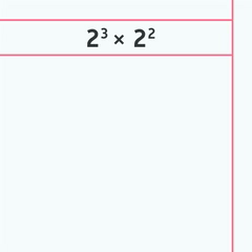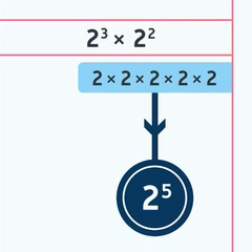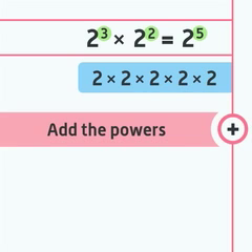Let's think about 2 to the power of 3 multiplied by 2 to the power of 2. We can write this out as the 2 to the power of 3 part, which is 2 times 2 times 2, times by the 2 to the power of 2 part, which is 2 times 2. But 2 times 2 times 2 times 2 times 2 is just 2 to the power of 5. So 2 to the power of 3 times 2 to the power of 2 equals 2 to the power of 5. You might have noticed that we add the powers 2 and 3 to give us the power 5 in